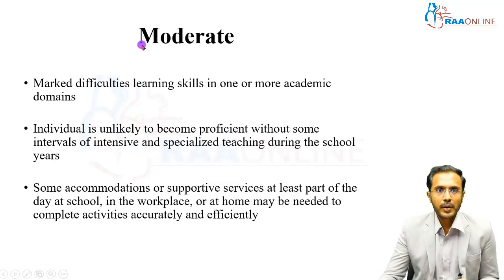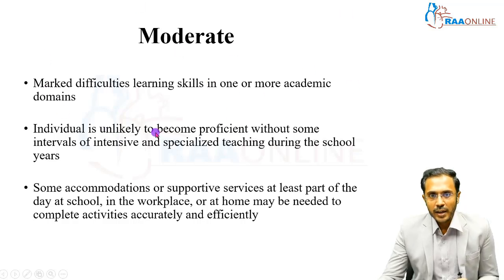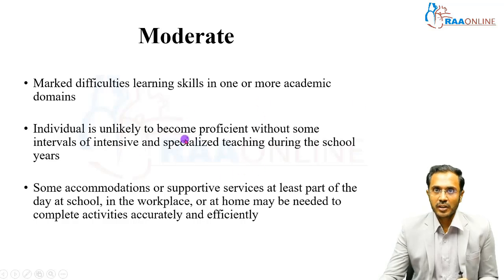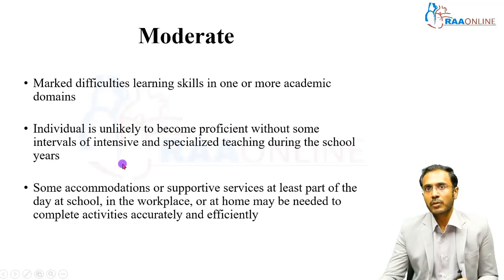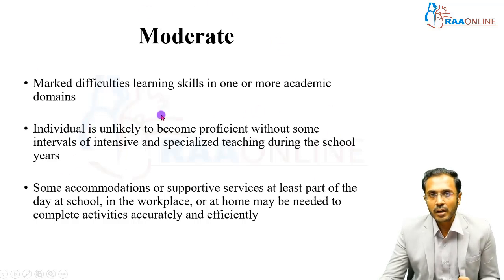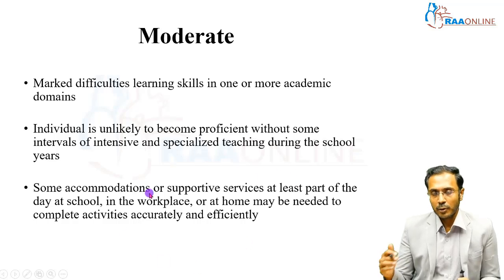And symptoms are mild. Moderate is a marked difficulty in learning skills in one or more domains, and they are unlikely to become proficient without intense specialized teaching. Mild can function with just accommodation, but moderate requires intense specialized teaching during school years. Without the specialized teaching, children with moderate specific learning disability will not be able to become proficient. And even after specialized teaching, it requires some accommodation or supportive services in the school, workplace or home for them to function efficiently. So when you give intense specialized teaching and have some modification and supportive services, they